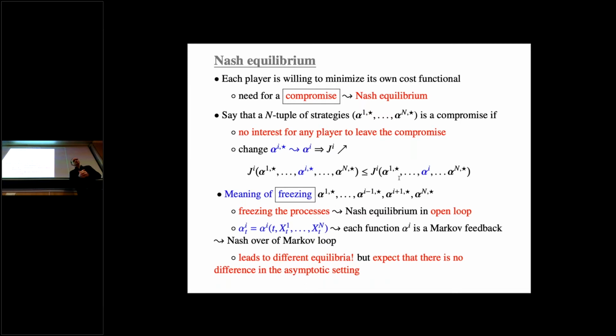The first answer is to say, well, when I freeze the others, I do freeze the realization of the processes, which means somehow for the same realization of the noises, they are going to play the same realization of their actions. This is what people call open loop control. Okay? This is not very subtle, because certainly you could say, well, if I see that there is someone that is deviating, maybe I'm going to deviate myself in some way. In the sense that what people do many times in game theory is that they assume that the strategies are in Markov feedback form.